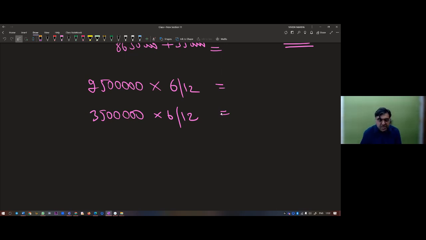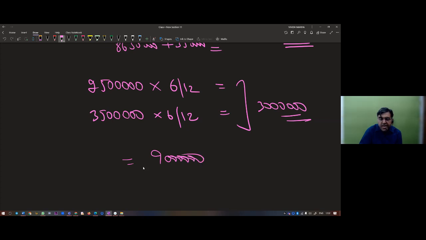It seems the weighted average will be 30 lakhs. We'll check the answer later on. So 90 lakhs divided by 30 lakhs. Answer is